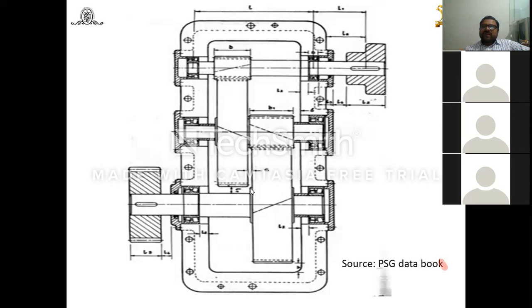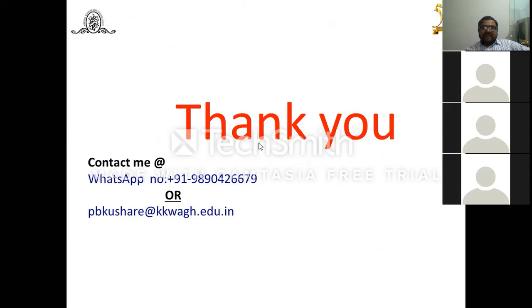Then you can easily construct your detailed drawings, and all should be available. But again, you have to select the fits also, how you are going to fit the gear on the shaft, then the key on the shaft, the key on the gears, the different fits. You already studied that in first semester DIME 1, so you have to take care of it. In your report, after constructing all the things I have mentioned today, you can add the limits, pitch, tolerances for all the components, 2 or 3 pages that you have to add at the last. Based on that, you can complete your drawing.